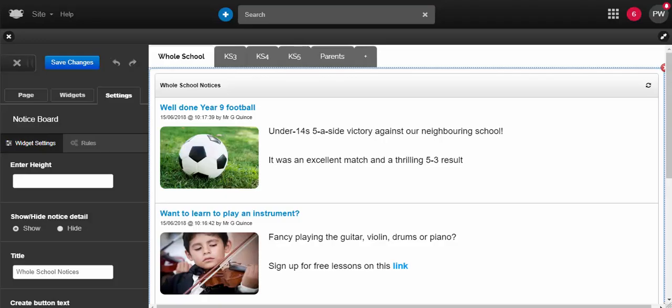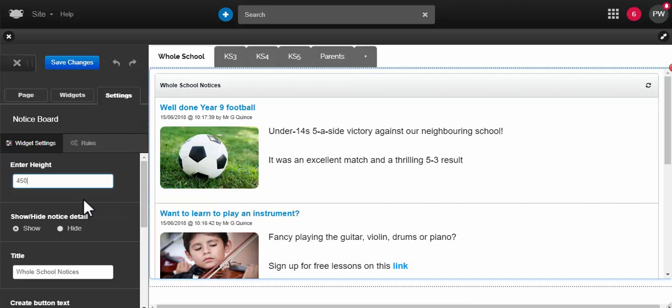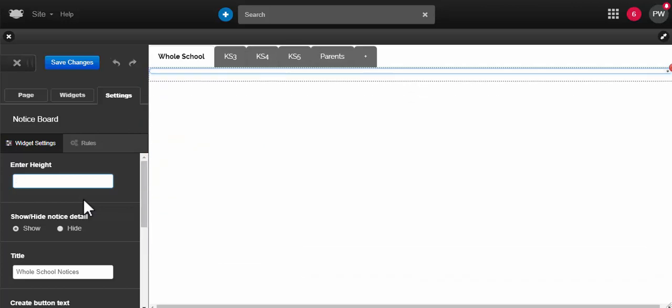The Noticeboard widget is a useful tool for leaving messages for others without filling up everyone's email inboxes. There are some useful features you can select within the Edit panel. Setting a height will fix the widget to a set height in pixels. This is useful when designing a page, as fixing the height means multiple notices will not push the page contents